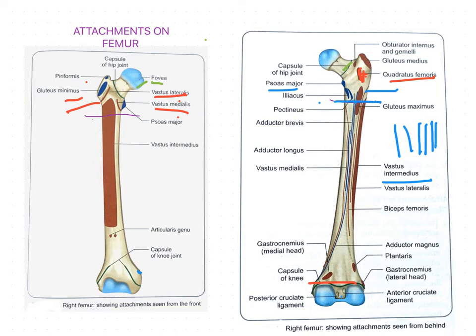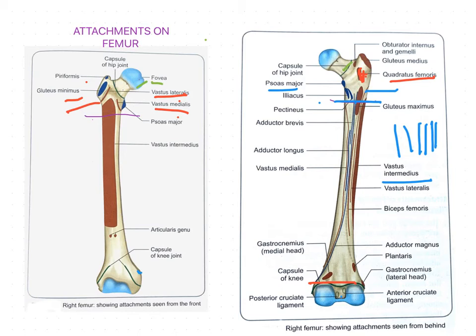This intercondylar line provides attachment to the capsular ligament as well, and laterally to the oblique popliteal ligament. So simply, the capsule of the knee is attached over there. And here you can see the anterior cruciate ligament and posterior cruciate ligament, which are attached